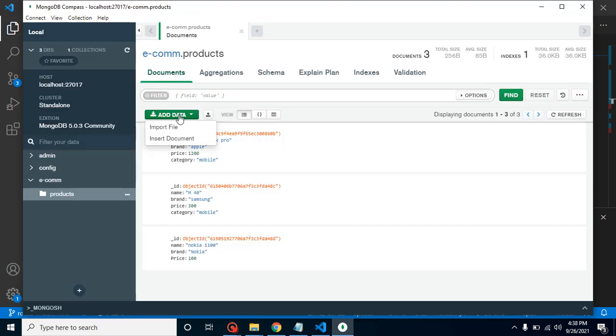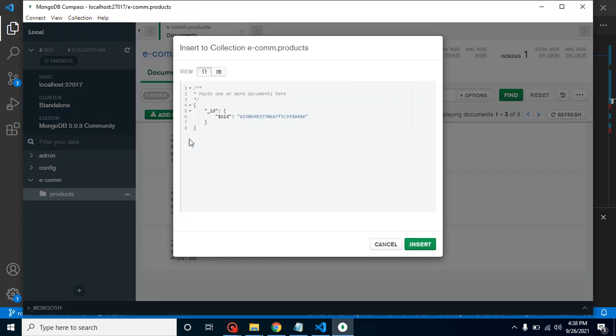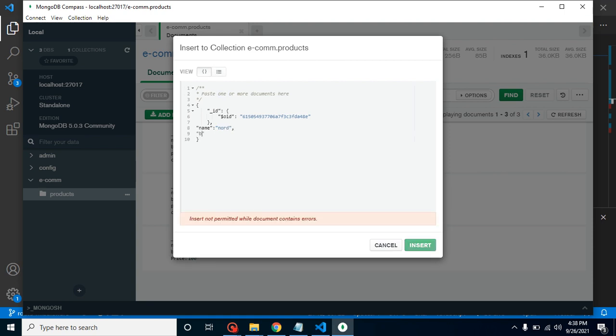If I put a fourth one also, so let's say I am putting here name, and you can say that name is, let's say, Node, and now you can put brand, and let's say brand is OnePlus.